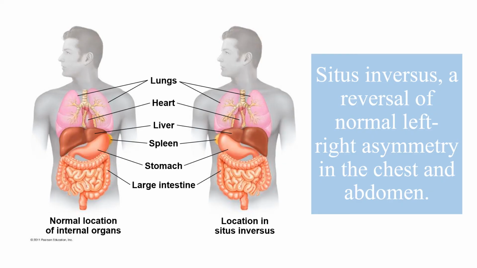So, next, we have here an application, which is the situs inversus. It is a reversal of the normal left-right asymmetry in the chest and the abdomen. So, more likely, this is the normal location of your internal organs. But if you have situs inversus, the position of the internal organs of a human is actually on the opposite side of the body. Okay, so this is how important it is for you to know how the signaling and what are the mechanisms of action of these ZPAs, AERs, okay, and then this inductive sonic hedgehog and the Hox genes, kung paano yung movement of cells. Okay? So that actually ends my